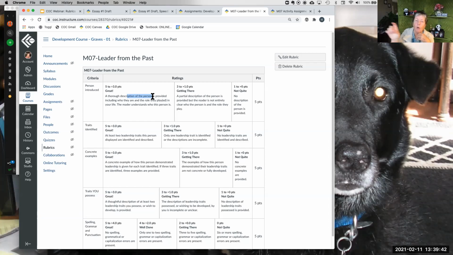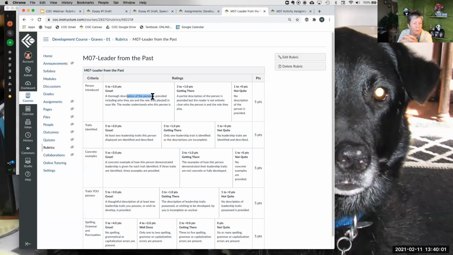But I don't try to make the rating description include every possibility, because A, I'm never going to think of every possibility, and B, it just makes it so wordy and cumbersome. Students probably won't even then use the rubric because it'll be too much to try to remember, if that makes sense.